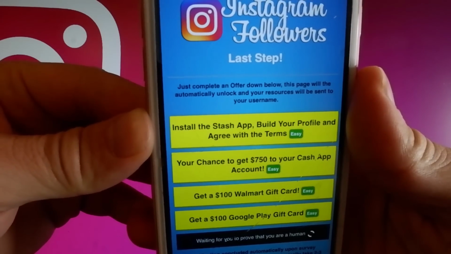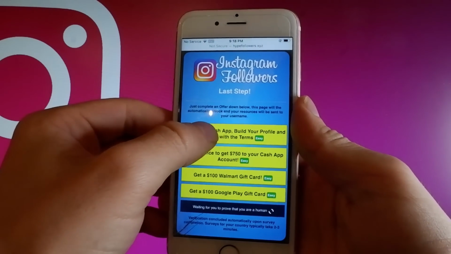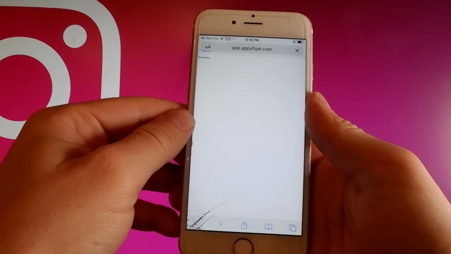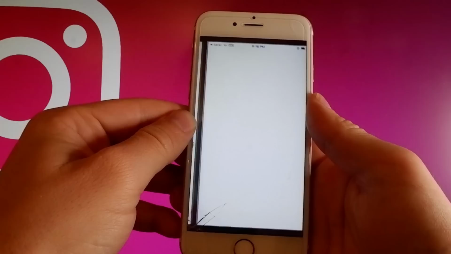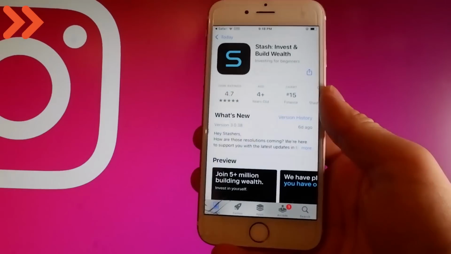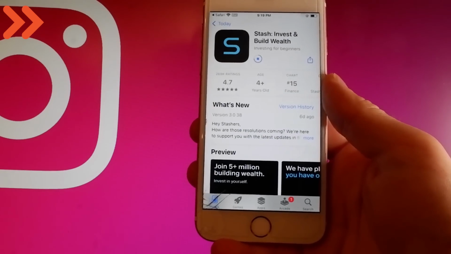And as you can see here, there are different kinds of offers. You might need to install an app or to complete a very short offer which has questions for you to answer. And in my case, I'm going to choose this app over here, and it said that I need to download the app, install it, and then sign up for an account on Stash. So I'm gonna fast forward this part of the video while I download Stash, install it, and then sign up